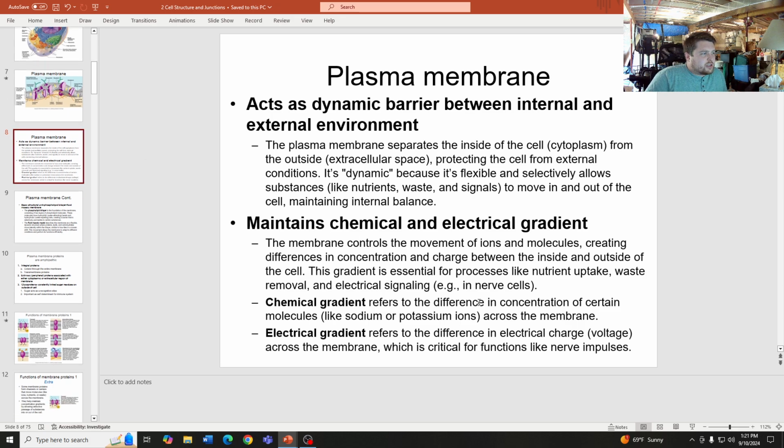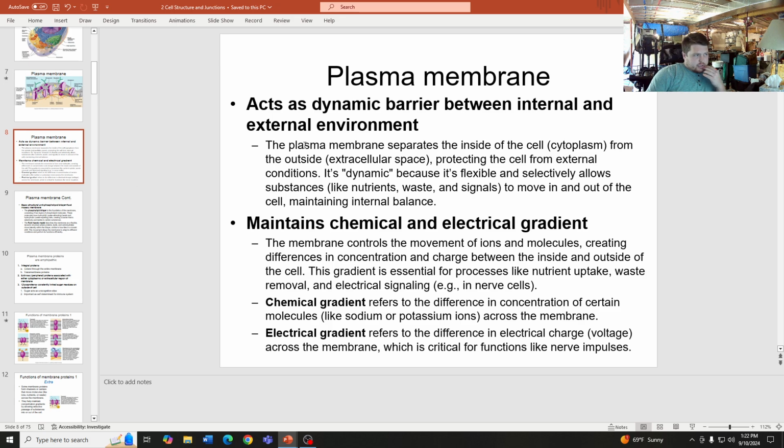Again, there's a lot of information on here, and I try to explain these through. Biggest things you want to remember are what are bolded here, and most of the rest of this is just explanation of these specific points. So it's a dynamic barrier between the internal and external environment. Dynamic meaning that it lets stuff go in and out. Stuff is constantly going in and out of our cell membrane: nutrients, waste, signals, all sorts of stuff